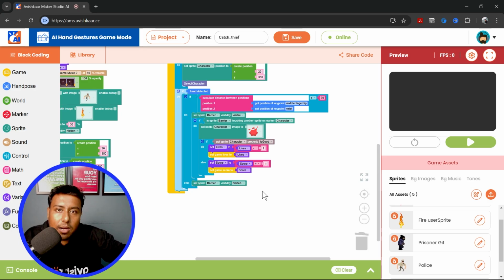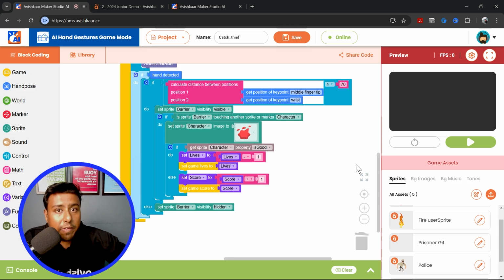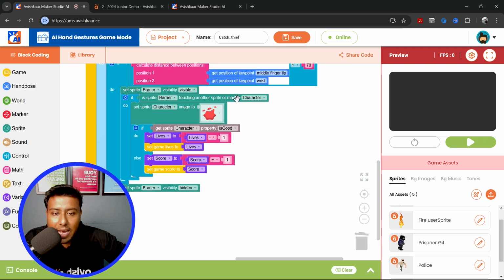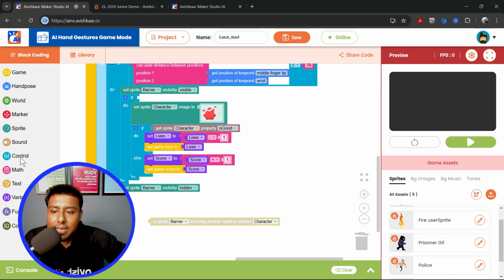Okay, we will increase it once or we will decrease the lives once, otherwise we will not do it. So we will check if the character sprite, after turning into blood, is connecting or touching with the barrier sprite. If that is happening, we will not count it. Over here, if the barrier sprite is touching another sprite or marker character, we will add one if